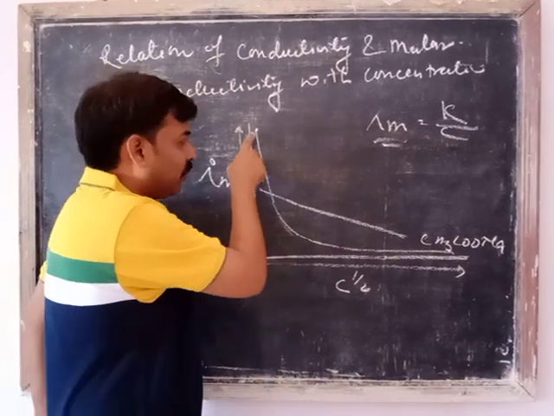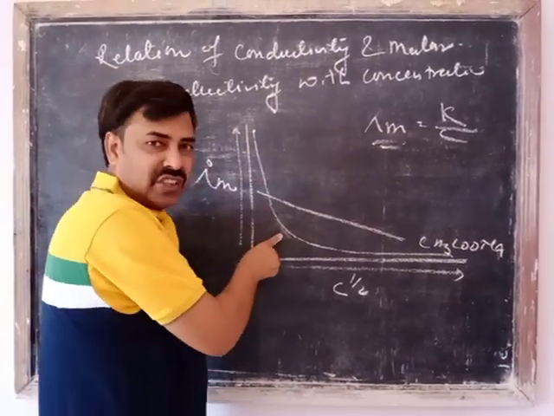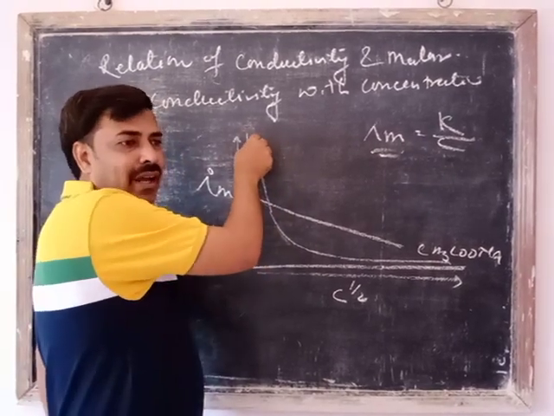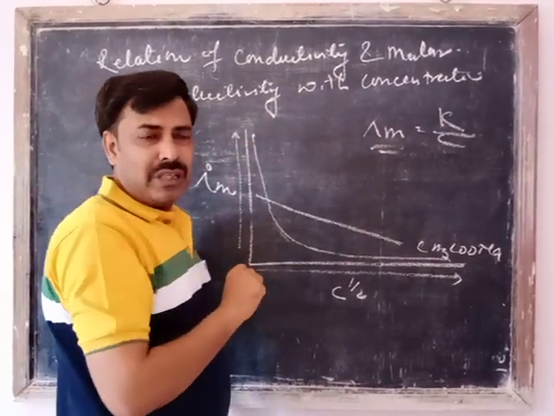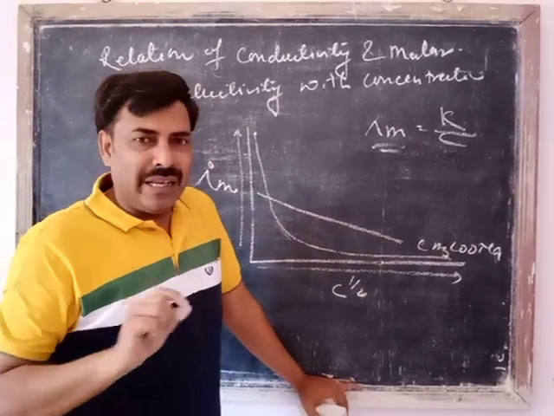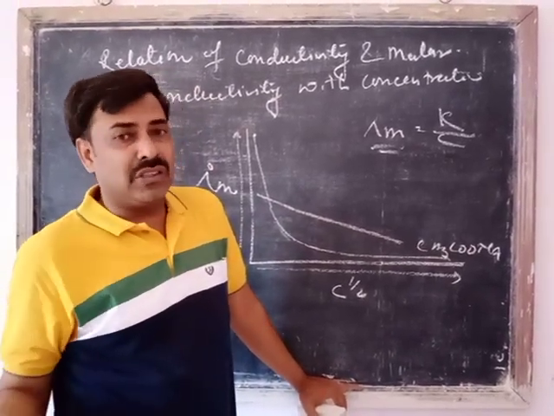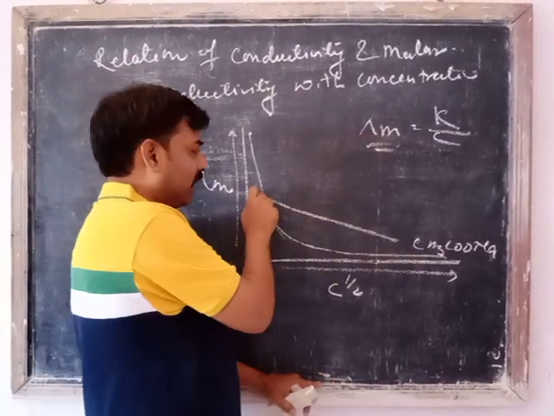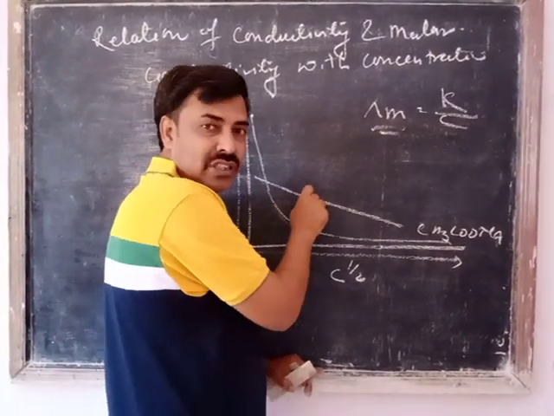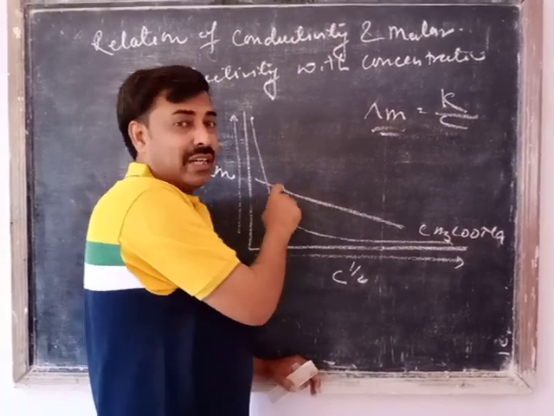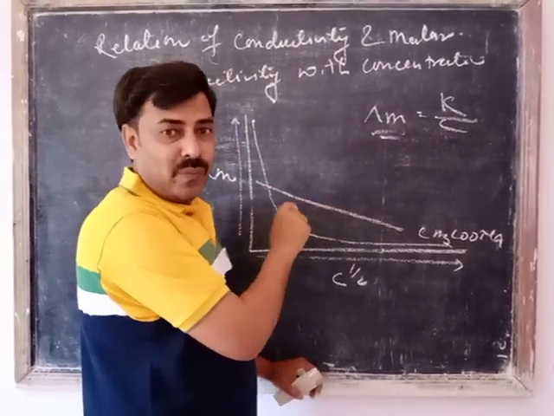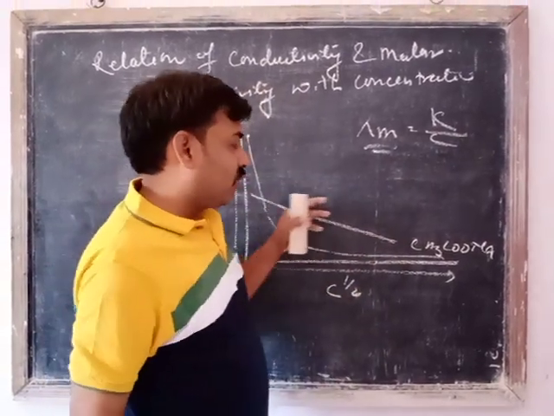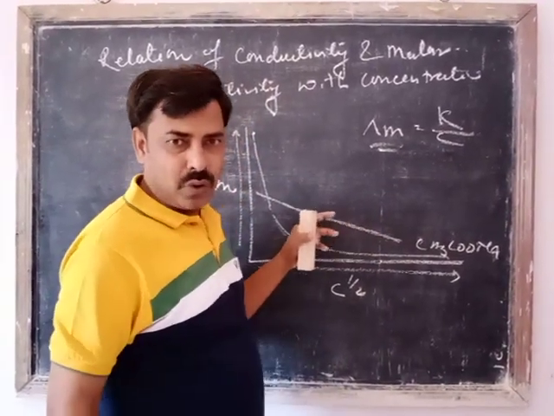So in the case of the weak electrolyte, the sharp drop suggests that initially the maximum molar conductivity is there, and afterward no specific amount of dissociation, or only a negligible amount of dissociation, is taking place. But in the case of the strong electrolyte, further dissociation takes place, and as a result the molar conductivity decreases, but not in a very rapid way, in a very regular way, and that suggests the further dissociation of the electrolyte.